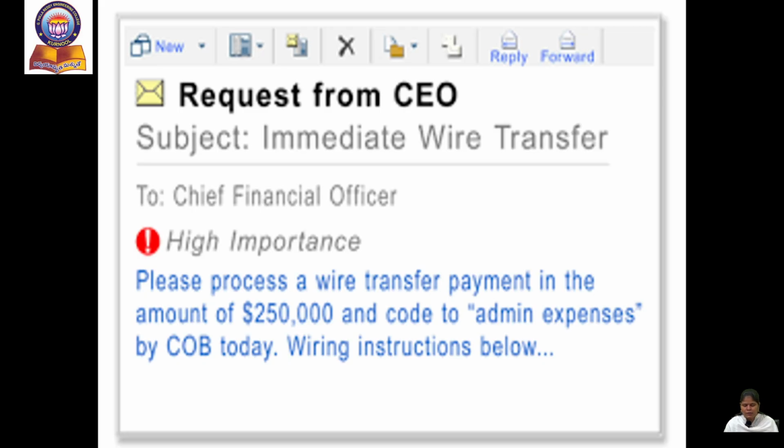And the next one, this is a best example, is a message being sent. The attacker will send a message as if it is sent from the CEO asking for an immediate wire transfer. Whenever the victim sees this message, it's from the CEO, so he just replies through the reply mail. Whatever data is sent will be used by the attacker to perform a social engineering attack on that particular victim.